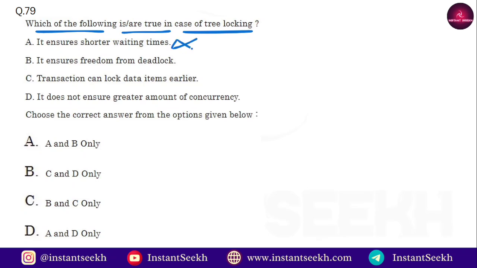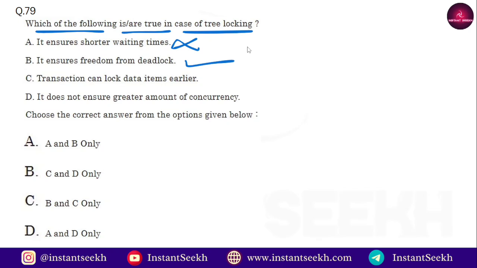No, it doesn't ensure shorter waiting times. Basically in tree locking, transactions must lock nodes in a tree structure following a specific order to prevent circular wait conditions, which ensures freedom from deadlock. That is your option B that is correct with respect to tree locking. So tree locking ensures